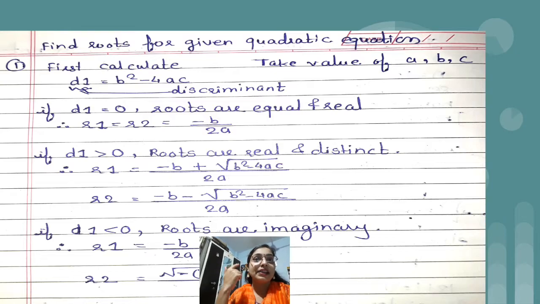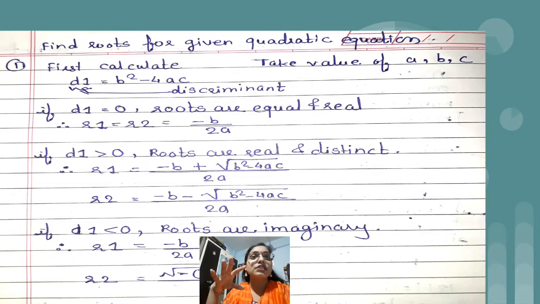While calculating r1 we have used plus, and while calculating r2 we have used minus, because actually in the formula it is plus minus only. So we will get real numbers as roots, but both roots will be distinct. In calculating r1 we use plus, and in calculating r2 we use minus. And we write the square root of d1, because b square minus 4ac we have already calculated, which is nothing but the value of d1.